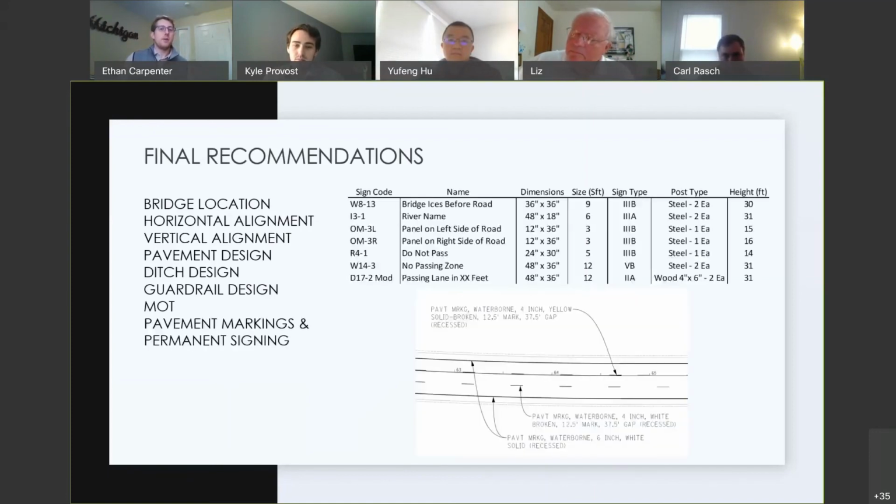Permanent signing and pavement markings follow the design of no passing zones within the project and reflect that with the